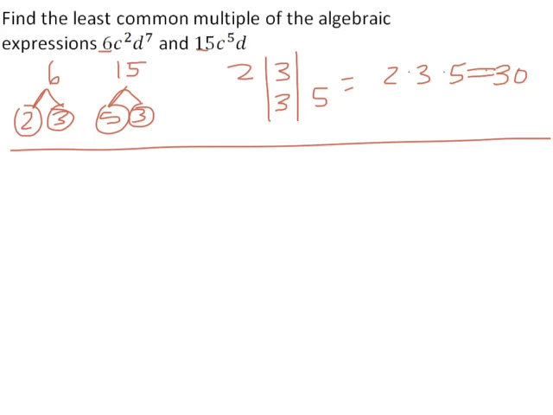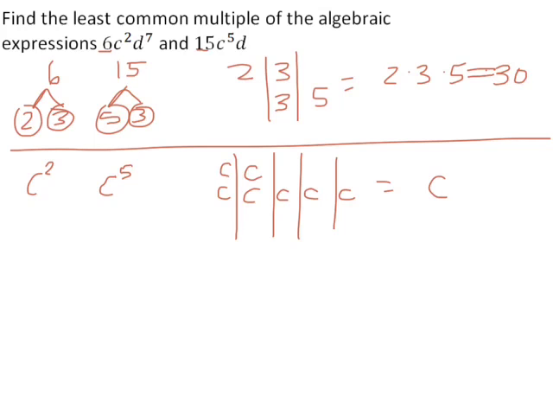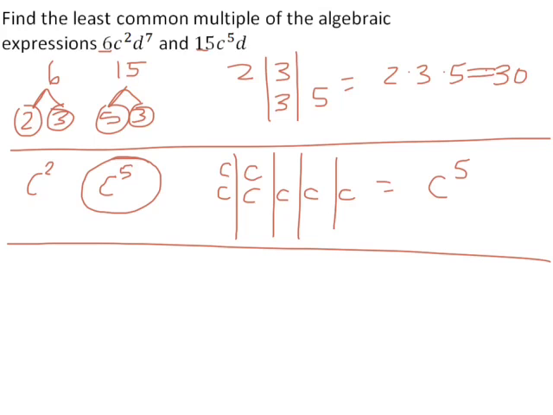Okay, now we have to deal with the c's. So c squared and c to the 5th. If you were to make a list of these, like we've done before, we have c squared would be cc, c to the 5th would be c, c, c, c, c, which means c to the 5th is the LCM. Some of you are pretty good with realizing that it's the biggest exponent carrier,